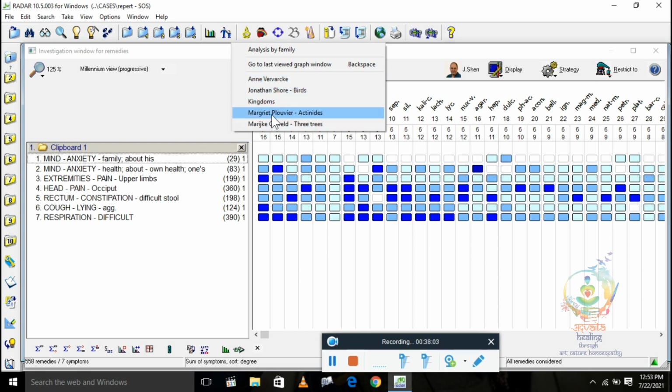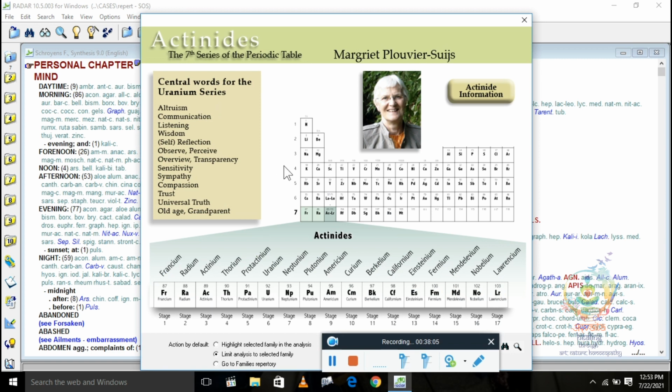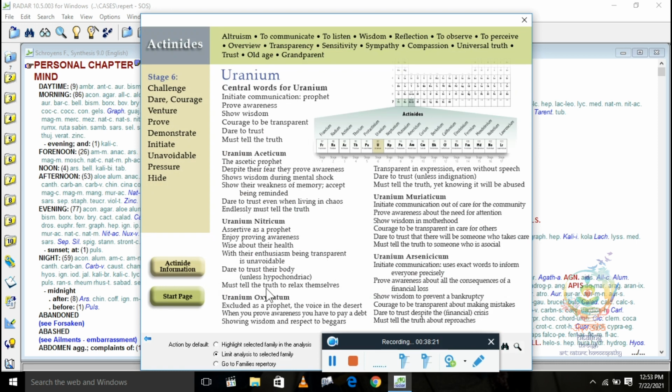Now here it is given actinides. So you can also filter your repertorization chart with the actinides. If you are sure that this is an actinide remedy, you just have to click.